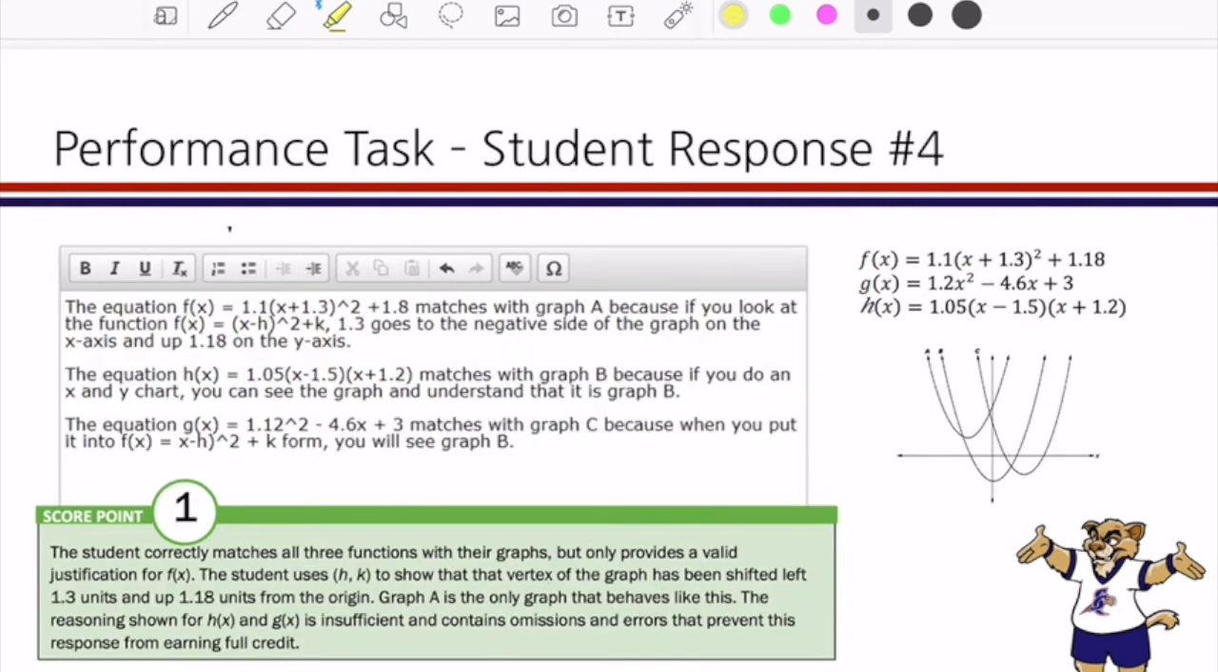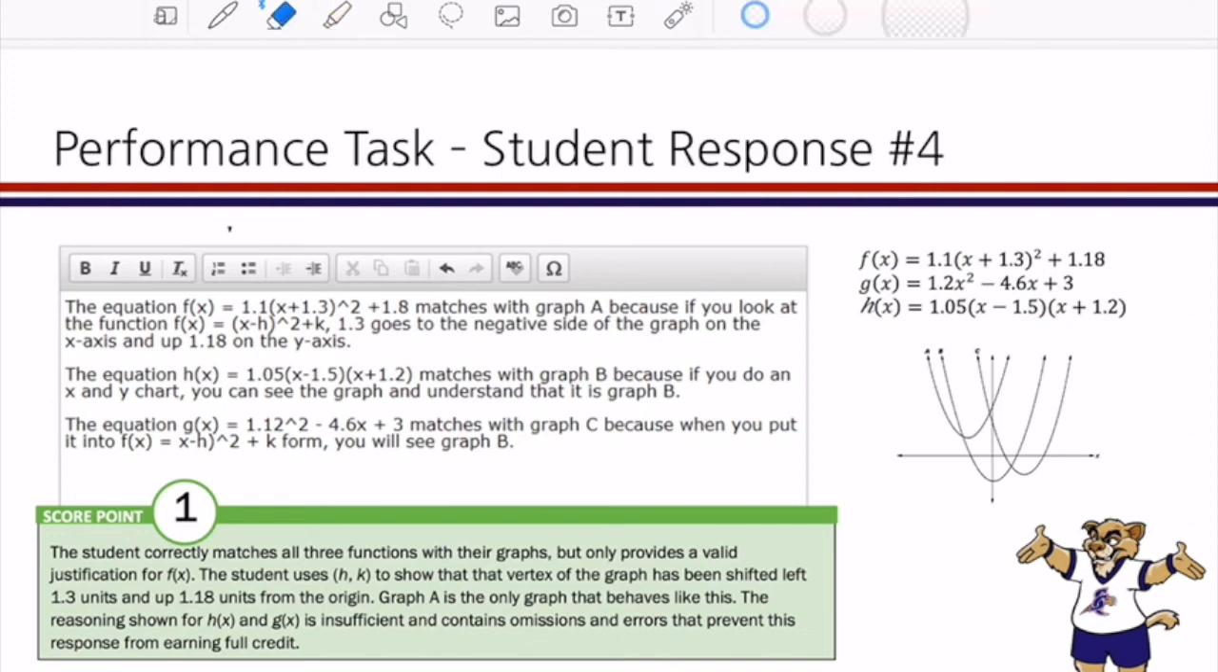The next set of student responses, so responses 4 through 7, all provide answers to the question where the students did not receive full credit. And so you can see here on this one that this student earns only 1 out of the possible 2 points for the question. For the first one, it says that they noticed that it's a left shift, and so that matches graph A with f of x,